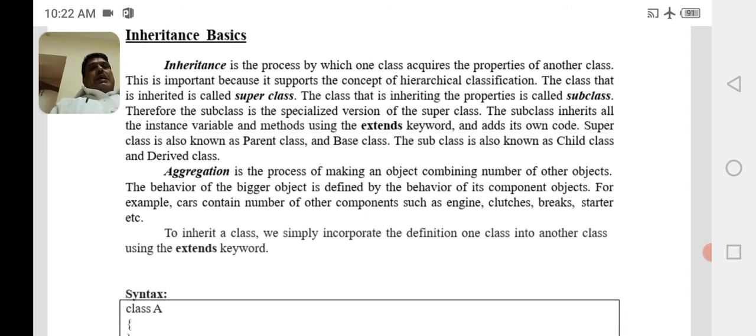The subclass can inherit the characteristics of the superclass by using the keyword extends. Let us say we have class A as superclass and class B as subclass. The subclass will inherit the characteristics of superclass A by using the keyword extends.